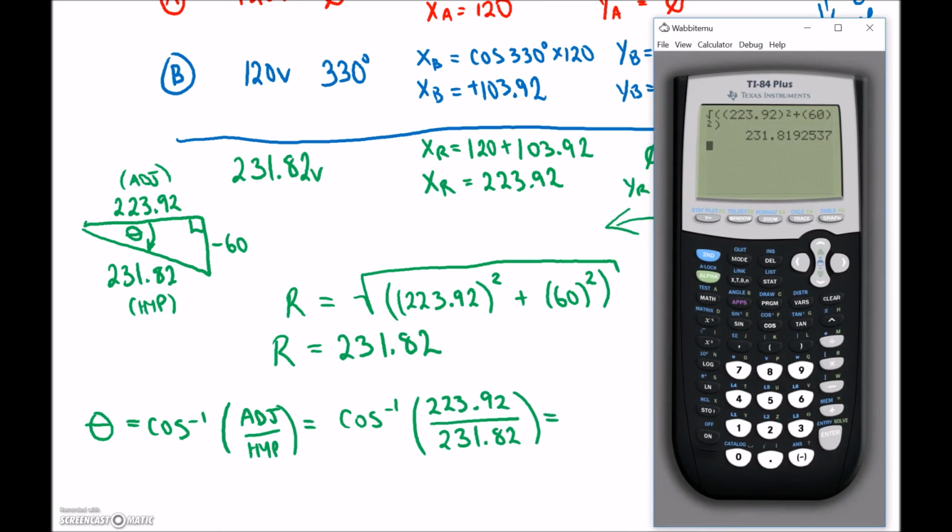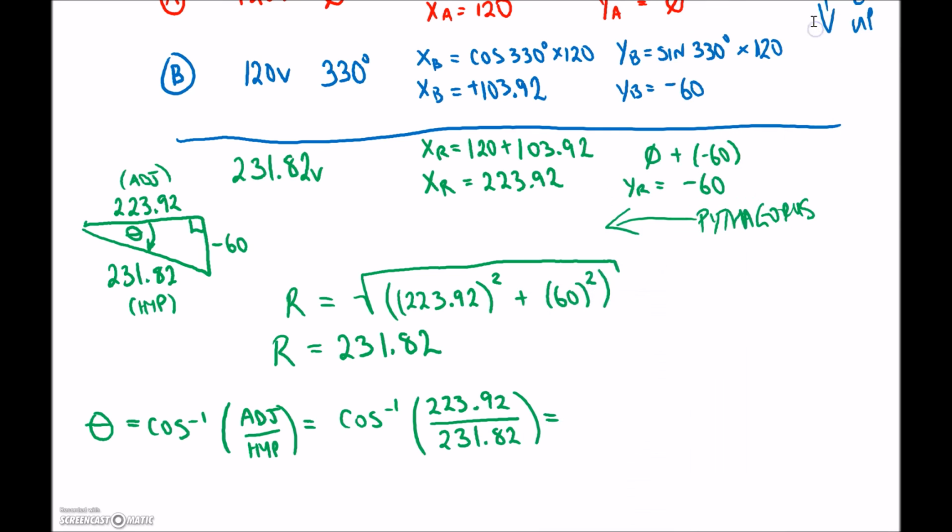Let's bring up our calculator and do that. So I'm going to do second function, cos, and I'll do 223.92 divided by 231.82. And then I'll do close brackets equals, so I've got 15 degrees as my angle. So our final answer there, if you want, we can put in negative